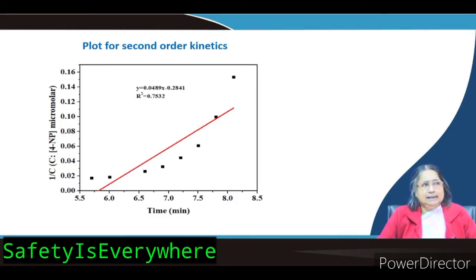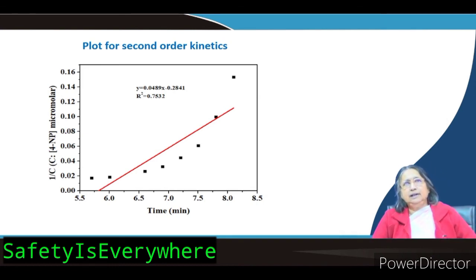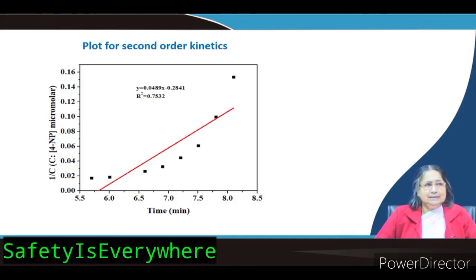and so we can say that nitrophenolate reduction by borohydride, in presence of catalyst. I am ignoring now the catalyst because the catalyst chapter I will tell you later, I will go in my next module. But you just forget it now. So, nitrophenolate reduction by borohydride, it is following 0 order reaction.